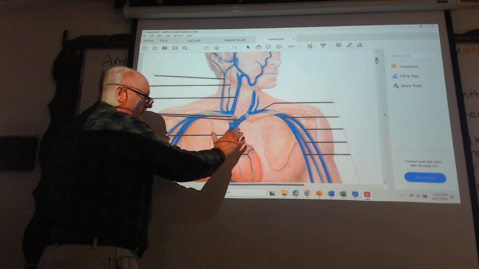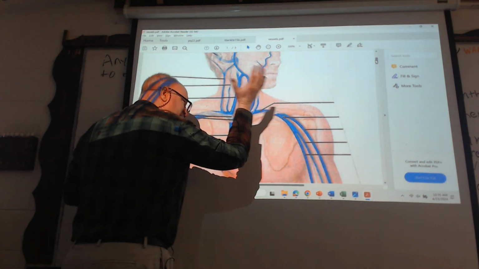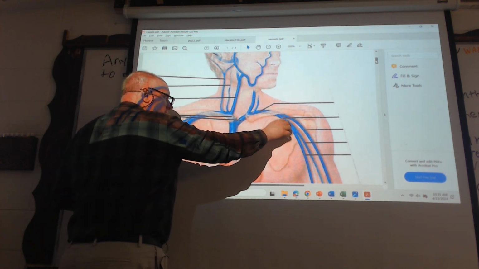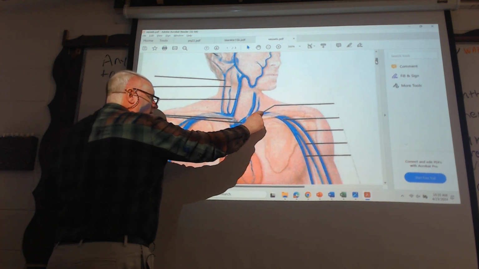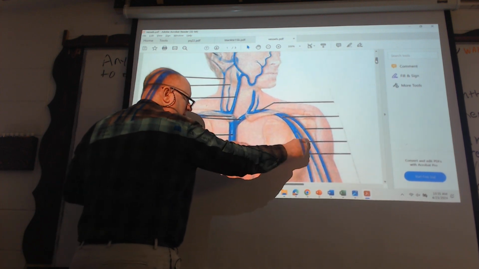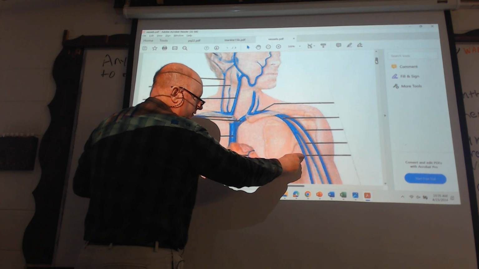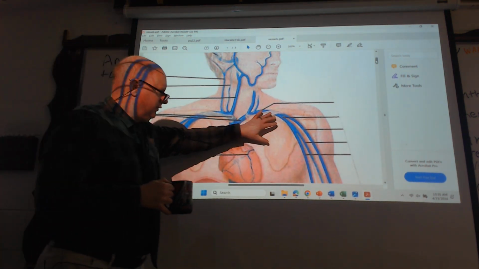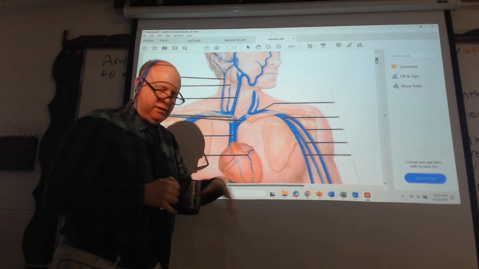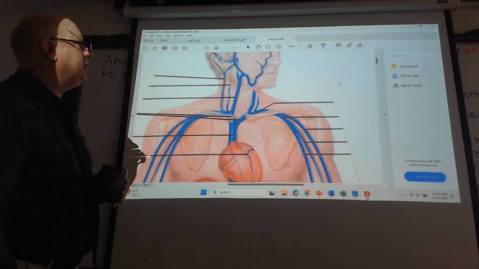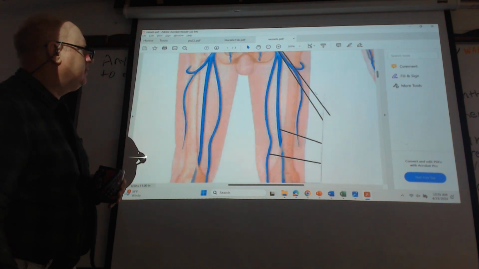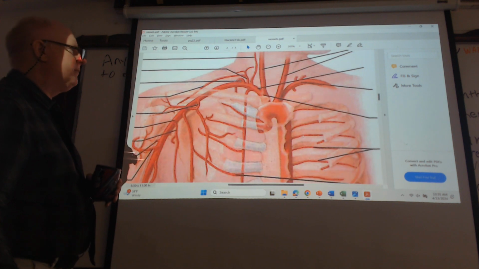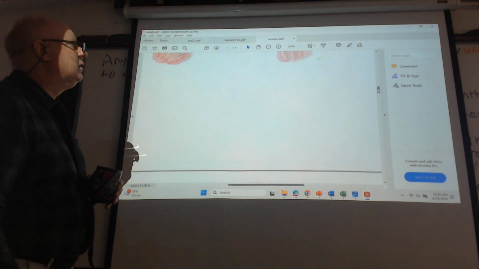Then just the opposite, or the reason I say opposite is because these are veins now. So you'd actually have a subclavian vein here, and an axial all the way down here. So you have to look a little deeper, on account of these are branching unlike it does in the veins or arteries. Take a look at that. Yeah, that's just a little different.